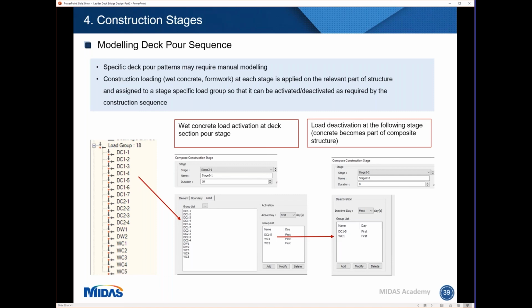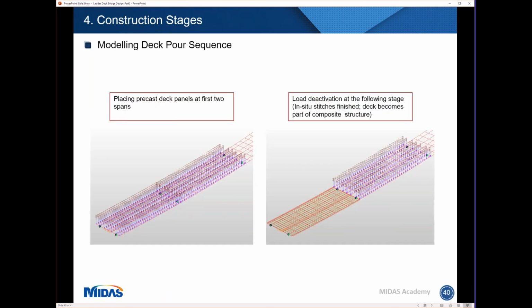On this screenshot, we can see that at one stage the precast deck panels are placed in the first two spans as a load, so they are not composite with the structure yet. In the next stage, in the first span, the in-situ stitches are finished and the panels become part of the composite structure. So the load is deactivated and